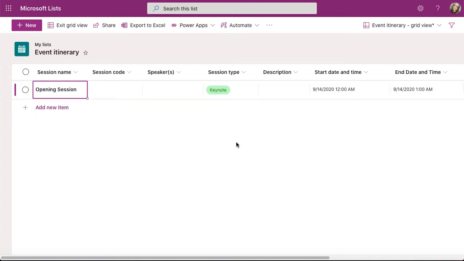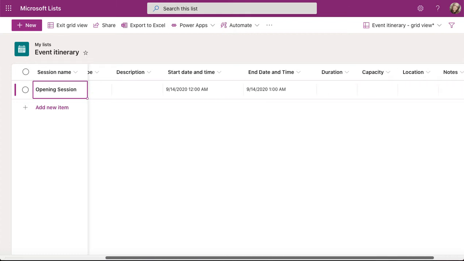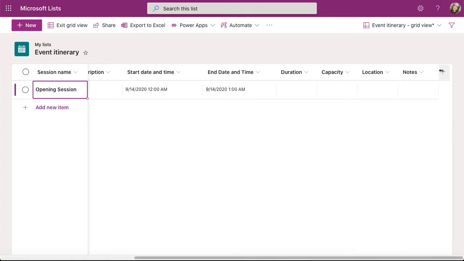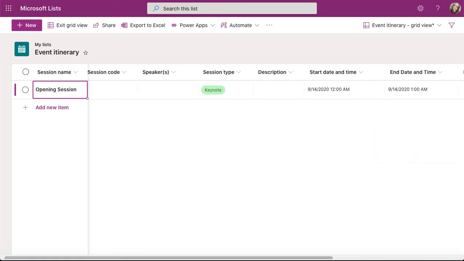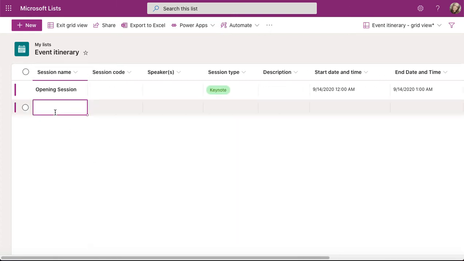I've got some blank spaces because I haven't filled all the detail in. I can see it's keynote, so it's nice and visual, and scroll across. I've even got a plus, so I can add more columns into this and add more bits of data, which is great. So lots of opportunity there. Click on add new item, and actually I don't need to click on new at the top. That's quite cool. I can just put